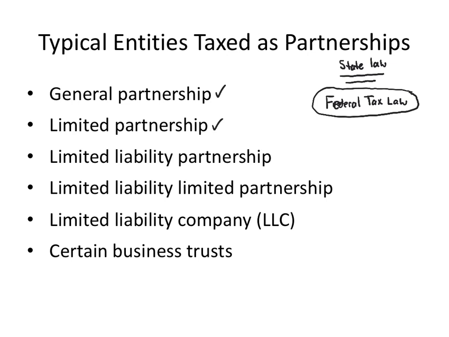Now, if you are a general partnership or a limited partnership under local law, you will be, under default, treated as a partnership for federal tax purposes. Partnerships file Form 1065, and I'll explain later why it makes a difference, why somebody might be a partnership versus some other type of entity or taxed differently under the law. So again, general partnership, limited partnership, you're going to be treated as a partnership for federal tax purposes. Limited liability partnerships and limited liability limited partnerships, also default rule again, you're going to be taxed as a partnership